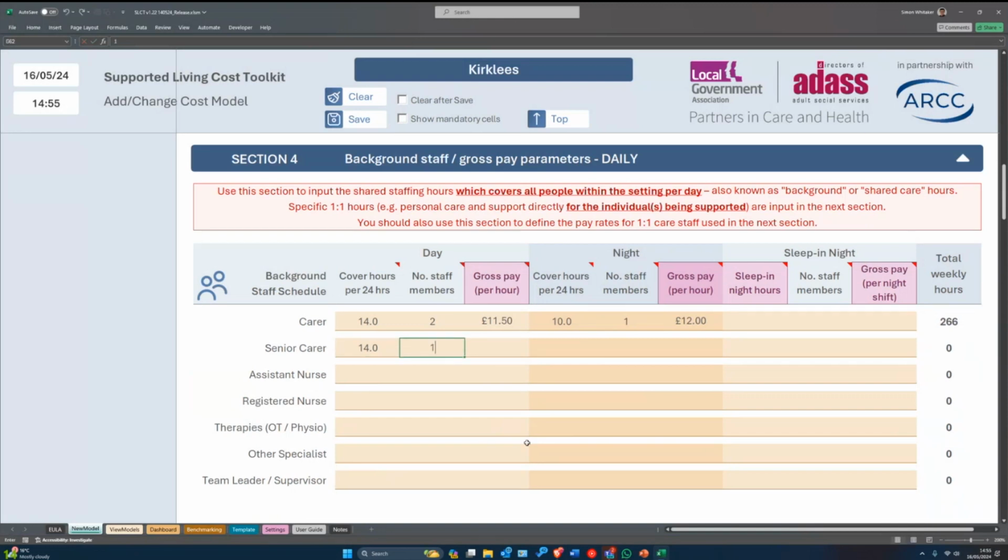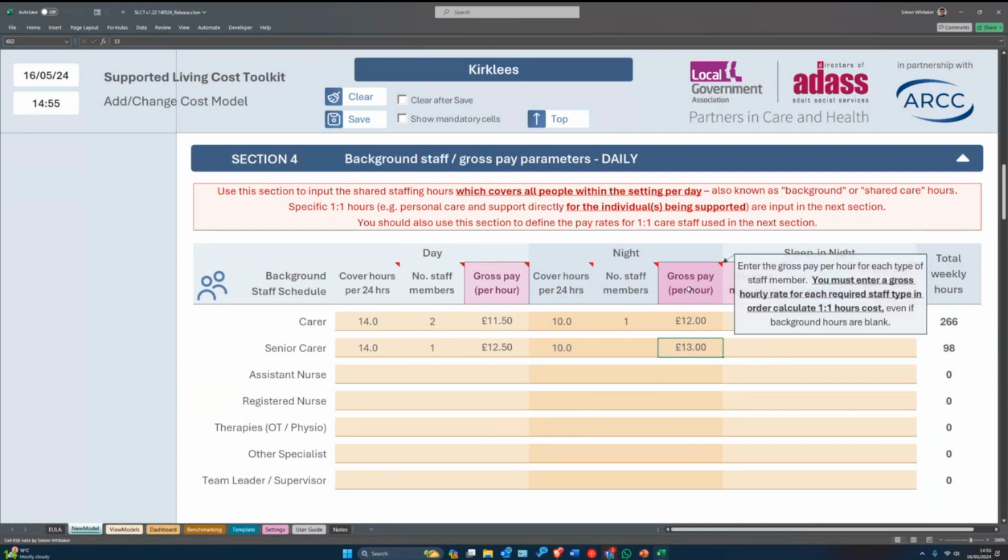Similar with senior carer, let's put one senior carer on and we'll put them on at £12.50. And, I tell you what, we won't put anything on at night for them, but what I might want to do is put in a waking night. So what I still need to do here, and it will tell you in the tooltip,